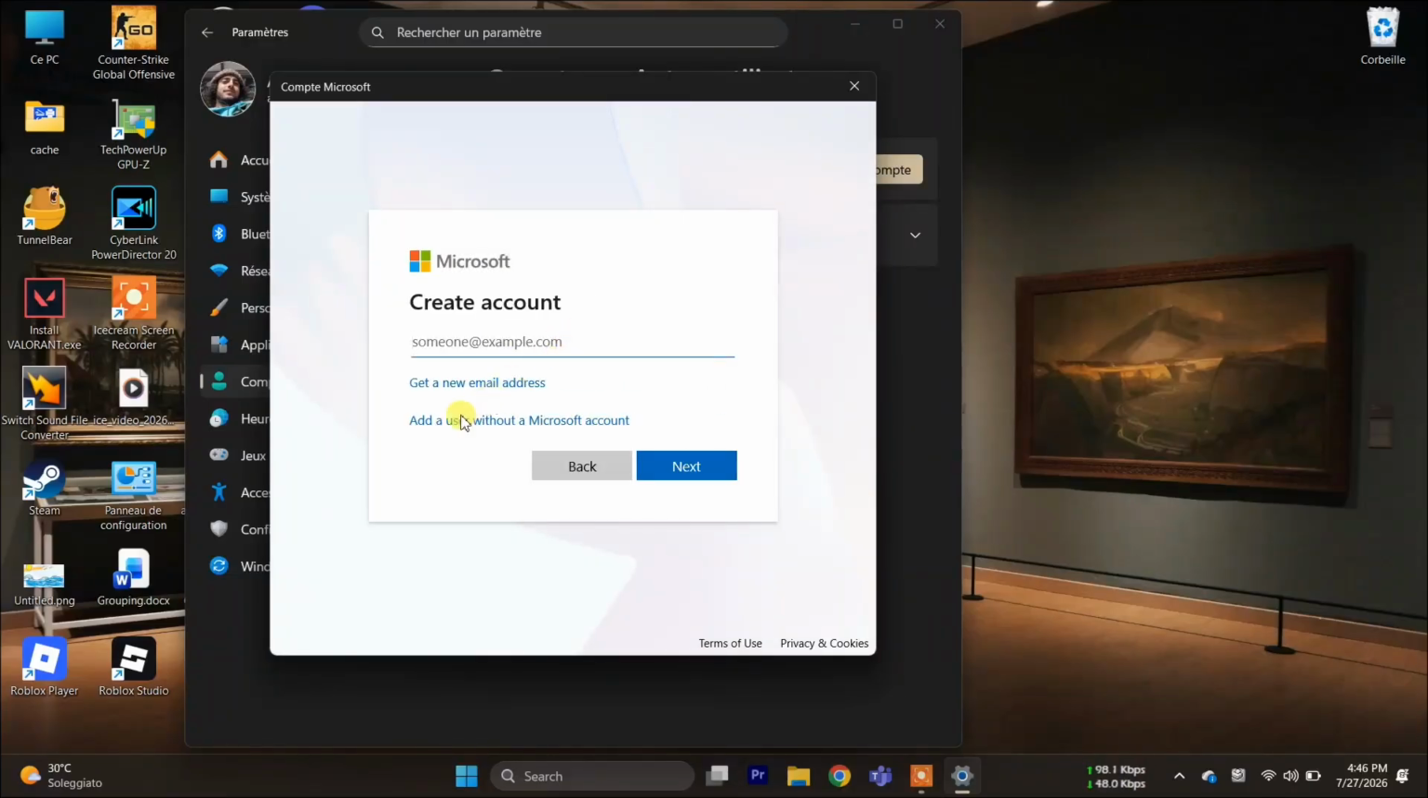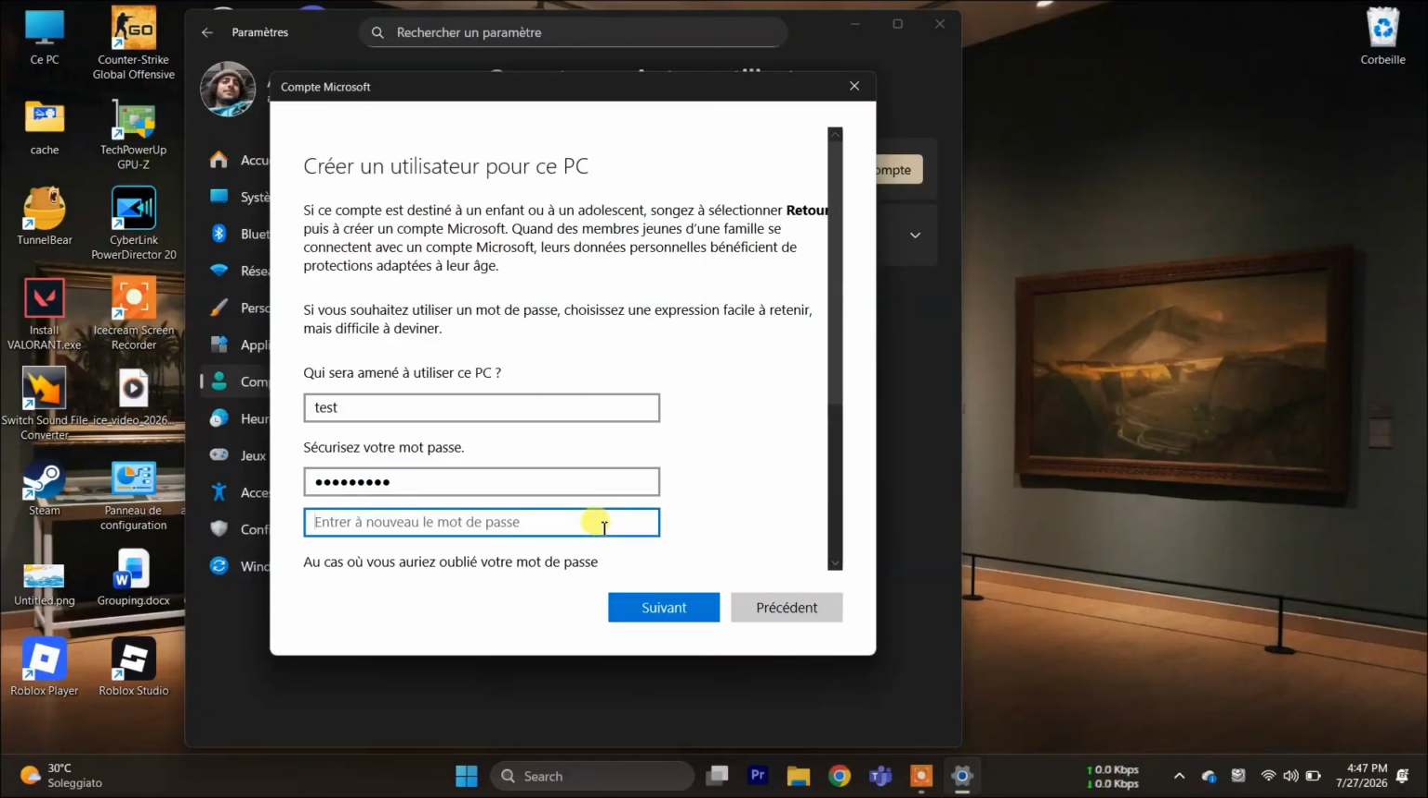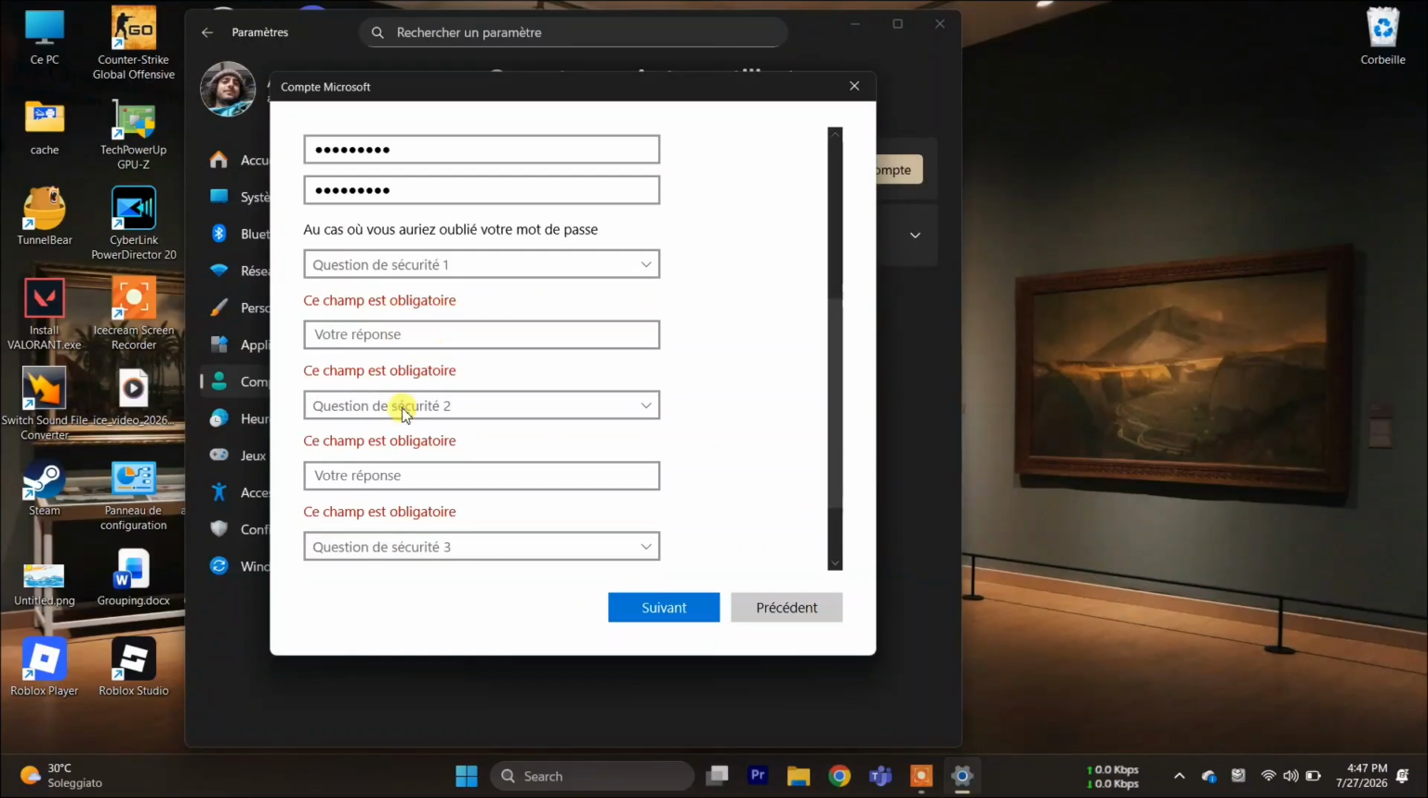Wait for it to load up, and once it does, you can add a user without a Microsoft account. This makes it way easier. You can give it a name now, maybe a password as well. Just type the password twice correctly, and then you tap on next, and then you're going to get more options here